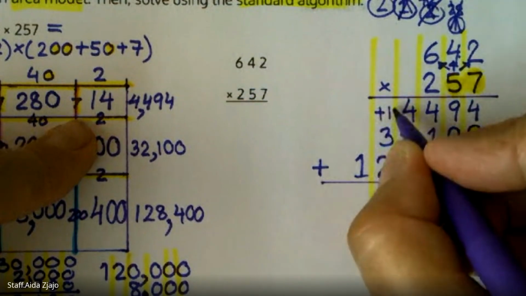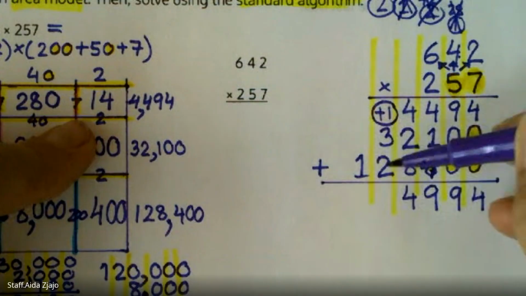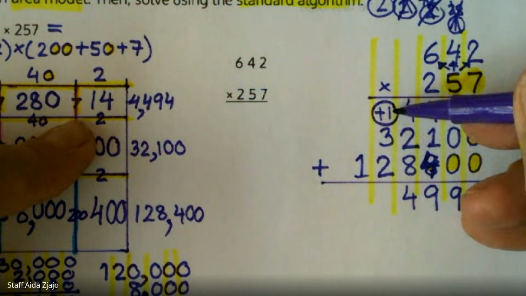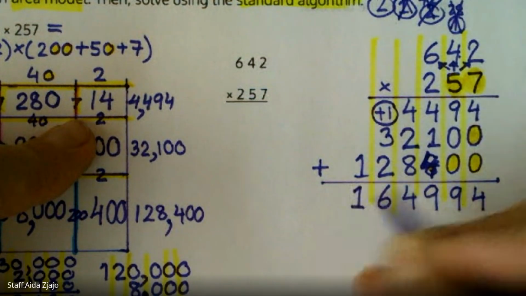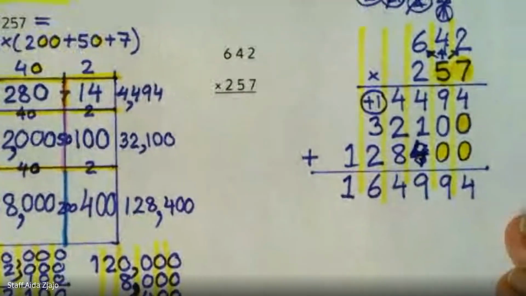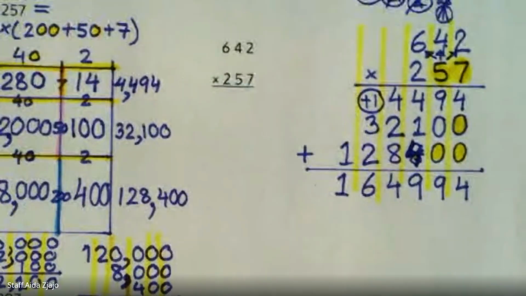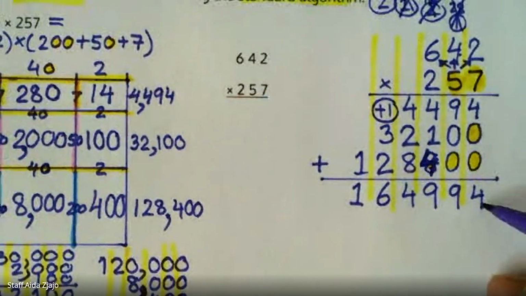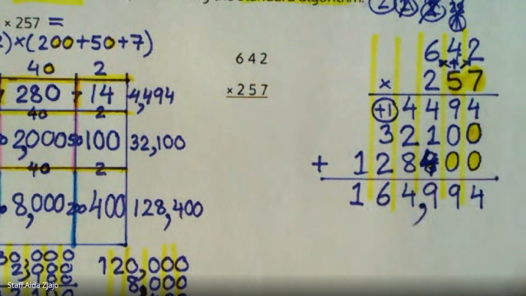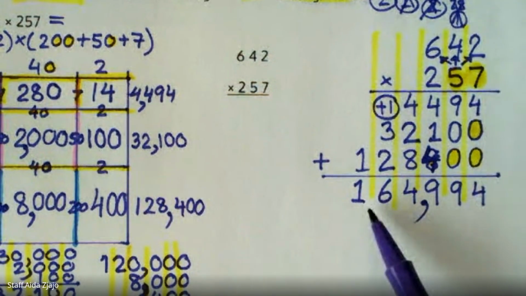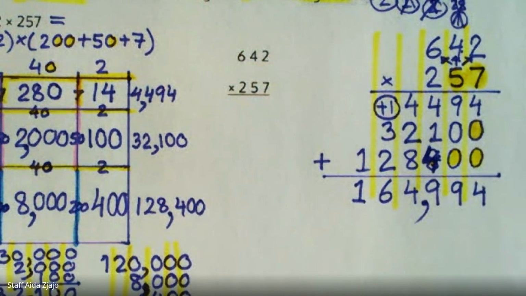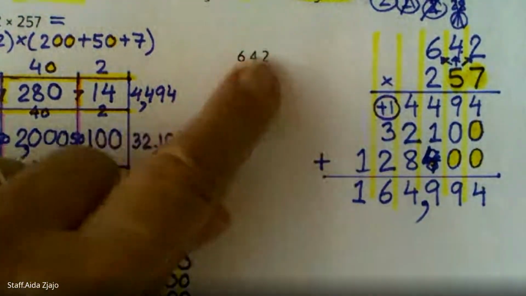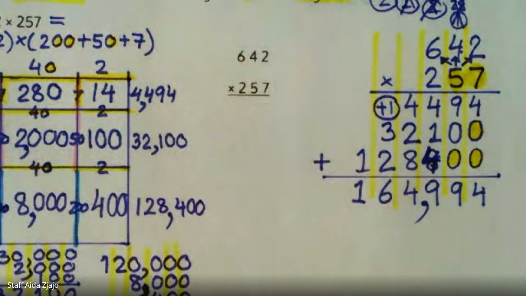I remember I made one 10,000, so 3, 4, 5, 6, and one of it. So now I can go and do my commas. I can say, okay, ones, tens, hundreds, comma, and ones, tens, hundreds of thousands. So this is 164,994, the answer for this 3-digit by 3-digit